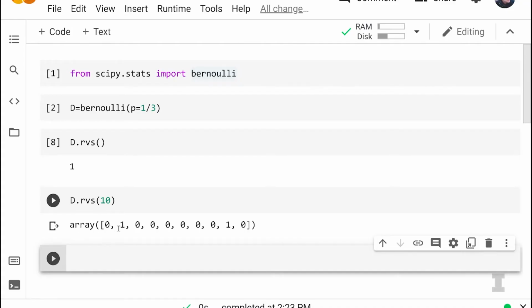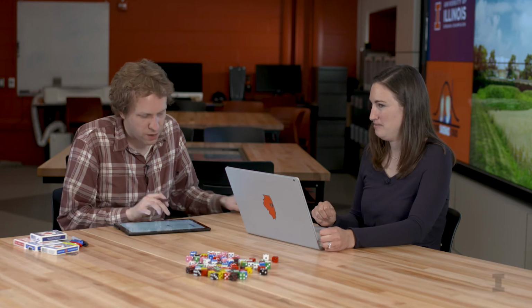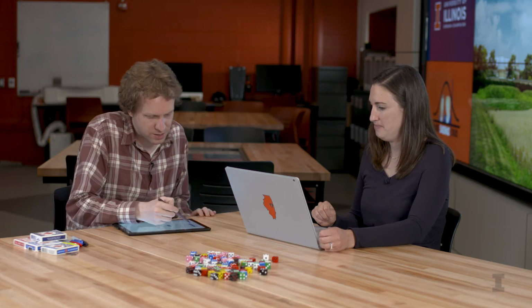Yes. So if you do this, what do you get? It says array and then 0, 1, 0, 0, 0, 0, 0, 0, 1, 0. Oh, interesting. So we got a little bit unlucky here because we only got 2 1s. But we saw that it is more likely to get a 0 because there's almost a 70% chance of getting a 0 and a 33% chance of getting a 1. So our expected value was 3 1s, and we got pretty close to that expected value.